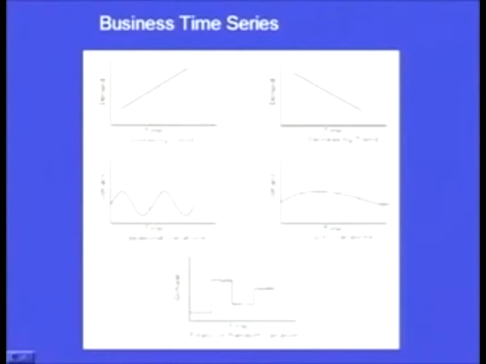So, if the problem is simple, that is there is an increasing trend or a decreasing trend, depending upon the past data we can very easily forecast that the trend is increasing, then we can forecast that next year the sales or the demand for the product is going to be more. Similarly, if the trend is decreasing, we can say that for 10 years the trend has been decreasing, for the 11th year also the trend would be the same and the demand is going to decrease. Similarly, if a cyclic variation is there, very easily we can predict, but the major problem arises when there is an erratic or random variation.